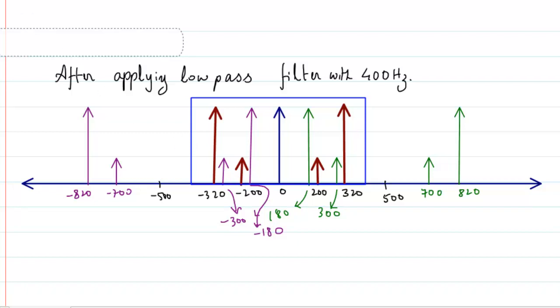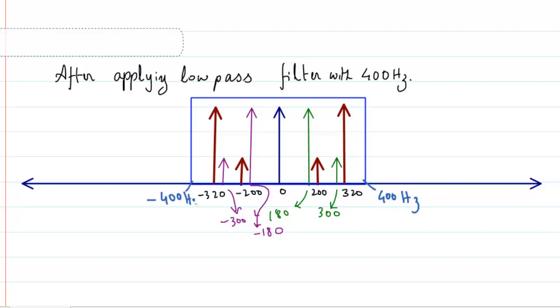The 400 Hertz will basically go from here to here. Outside of that, whatever is the spectrum, I am just going to take it out, because according to my low pass filter, whatever is outside 400 Hertz is not going to be at the output. Okay, so that all vanished off. This 500 will vanish off. There is no other frequency component. The only frequency components that now we are having is basically this. Therefore, I will write this one as, let me use a different color. So this is going to be at 400 Hertz, and this is going to be at minus 400 Hertz.